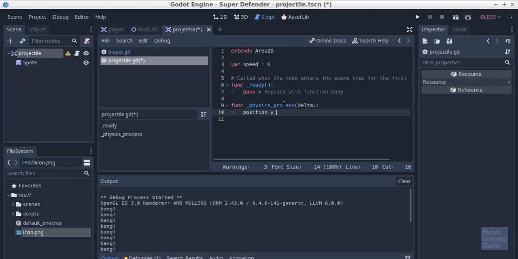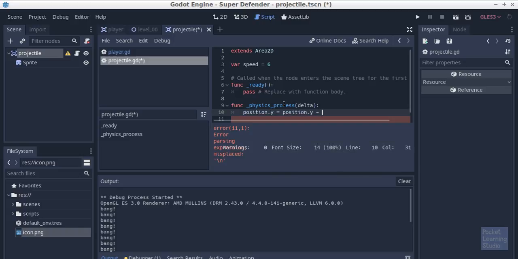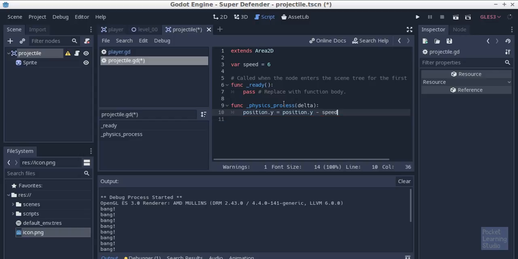So position equals position.y, no, y minus... wait, no, we've got our speed variable, don't we? Speed. Okay. In fact, what we're going to do, let's change this to plus speed, and let's give the speed